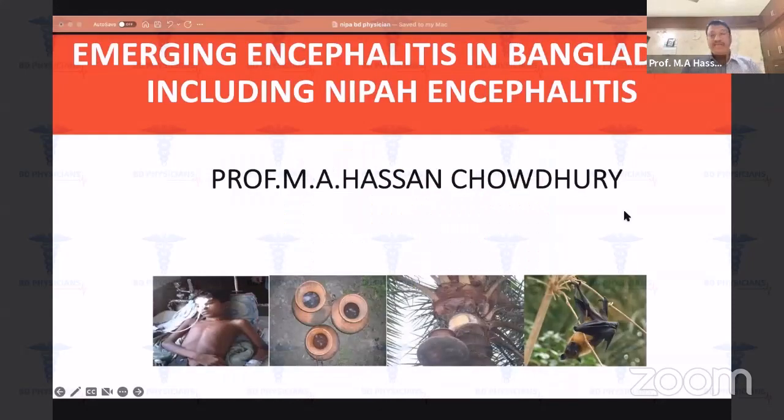Nipah encephalitis, there are 4 pictures below. One is the patient, another is our favorite juice, যেটা আমরা পাম জুস বা খেজুরের রস এবং পাম ট্রি, and there is a vector, the bat, fruit bat. এই চারটার মধ্যে একটা ইন্টারলিঙ্ক পাওয়া যায় যখন আমরা এই যে নিপা এনকেফালাইটিস নিয়ে ডিসকাশন করি।